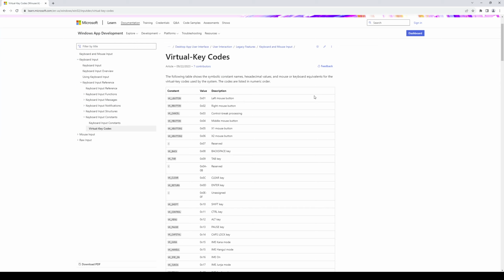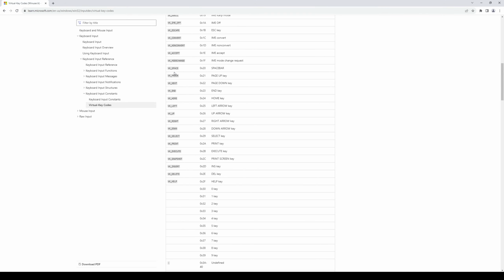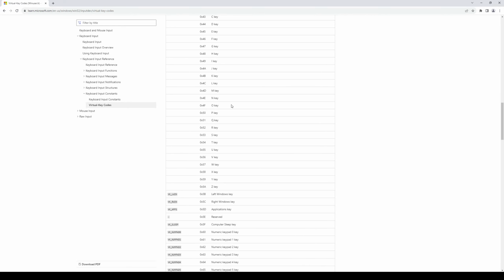In order to do that, we need to find virtual key codes for each of the buttons, and those can be found on a Microsoft website, and here we can see those virtual codes for each of the buttons. And I'm going to search for a Q, and it is this one,